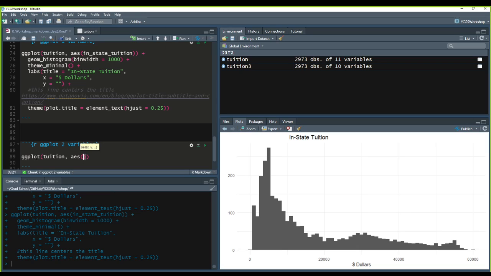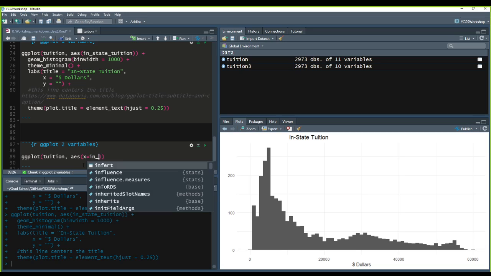These are our variables that we want to use, and it always defaults to whatever you put in first as our X, second as Y. But I usually like to specify what my X variable is and what my Y variable is. So let's say X variable is going to be in state